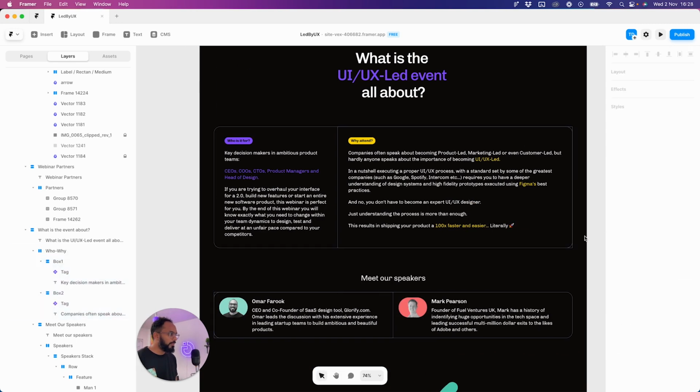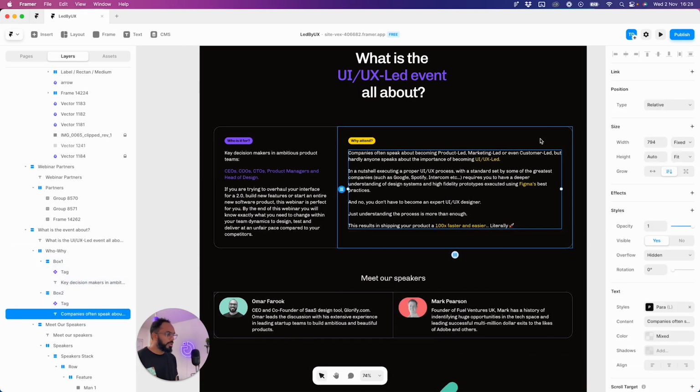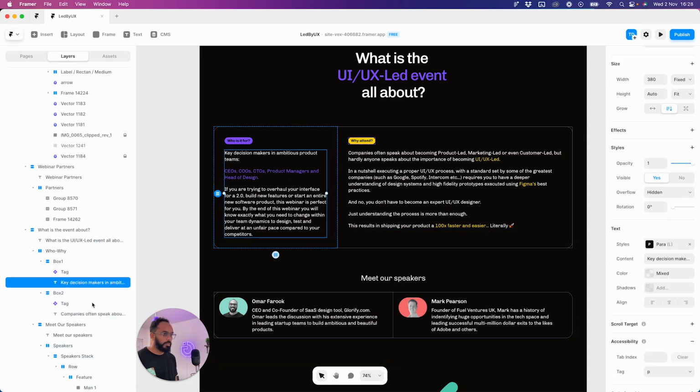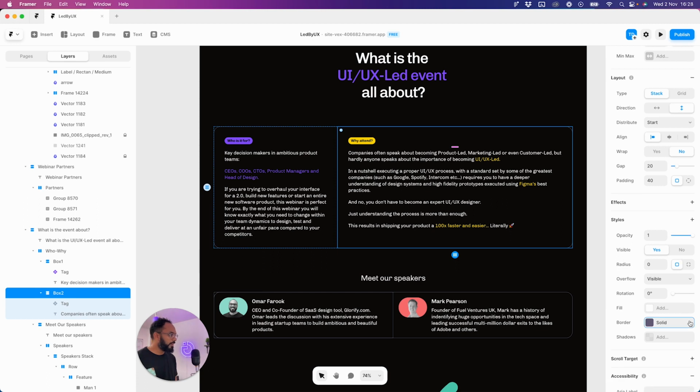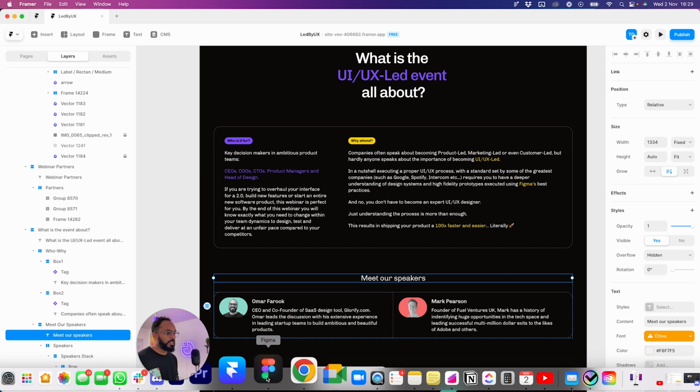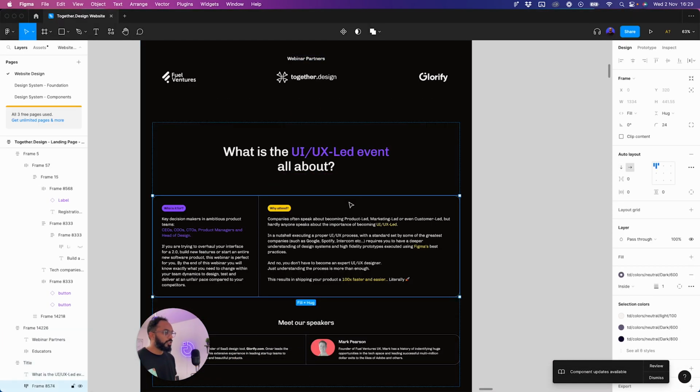Okay, that removed everything, so that doesn't look right. So I think, let's see what's going on here. It could be one of these borders over here. Let's see if that works. Right, it did work, but on Figma we have this very interesting feature which allows you to control where the